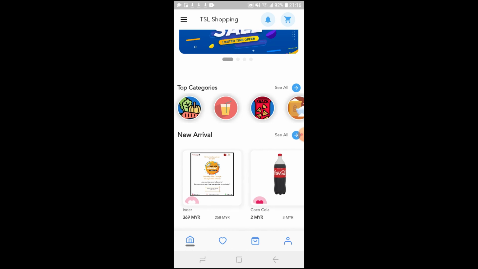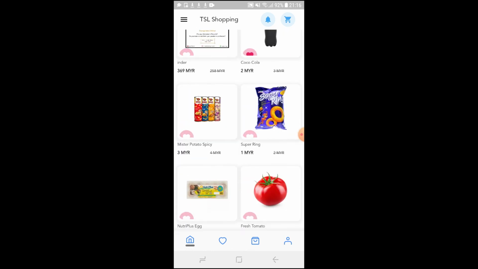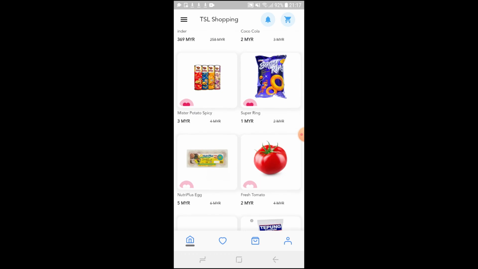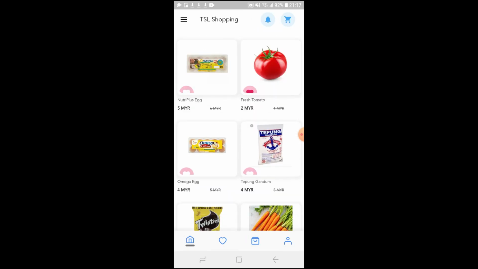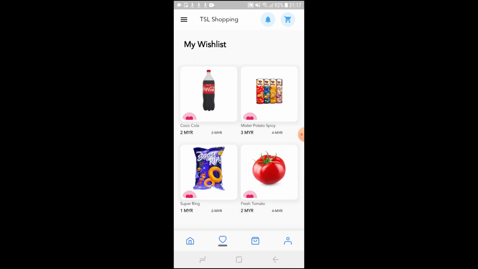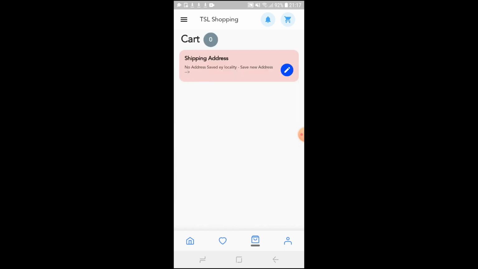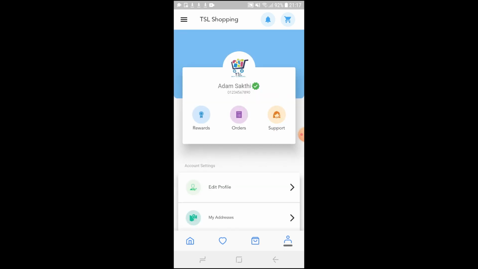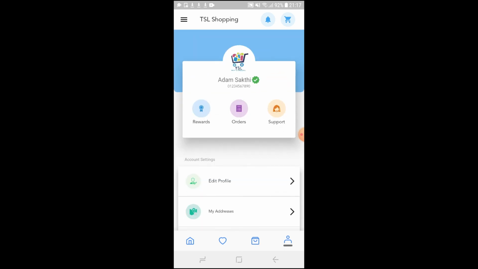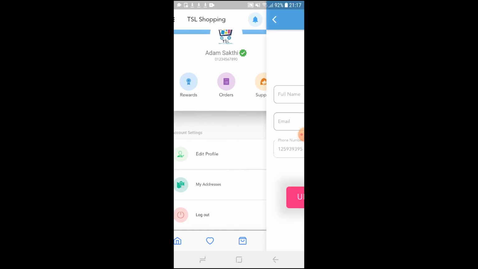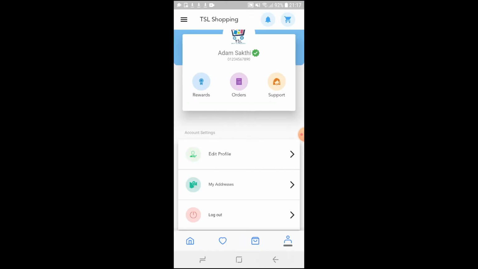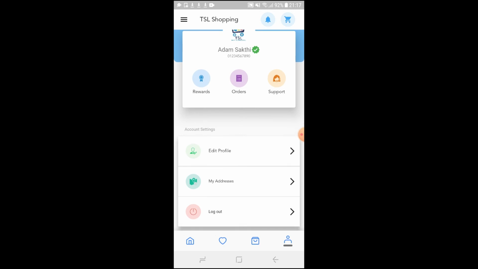for the application. So if the user clicks any product they want to add to the wish list, they can click here and click the wishlist button. So over here at the top we will see all the items that have been added, and this is for the address, and this is for his name, the phone number, and here you can edit the name, phone number, and so on. So once finished, you can log out from the application.